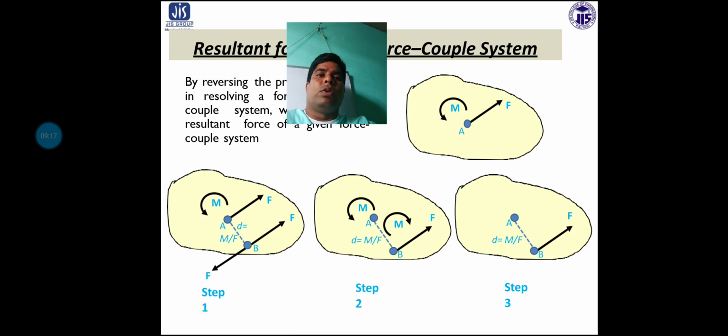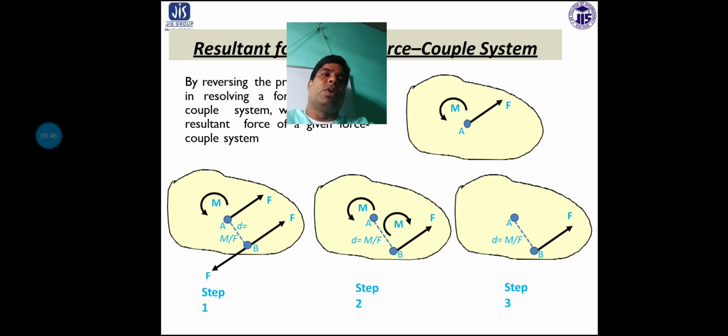In step 1, the total force is maintained, and sequentially the total moment is carried out in step 2. In step 2, obviously the distance can be calculated from the moment by force, so it is also a simple way to find the force couple system.